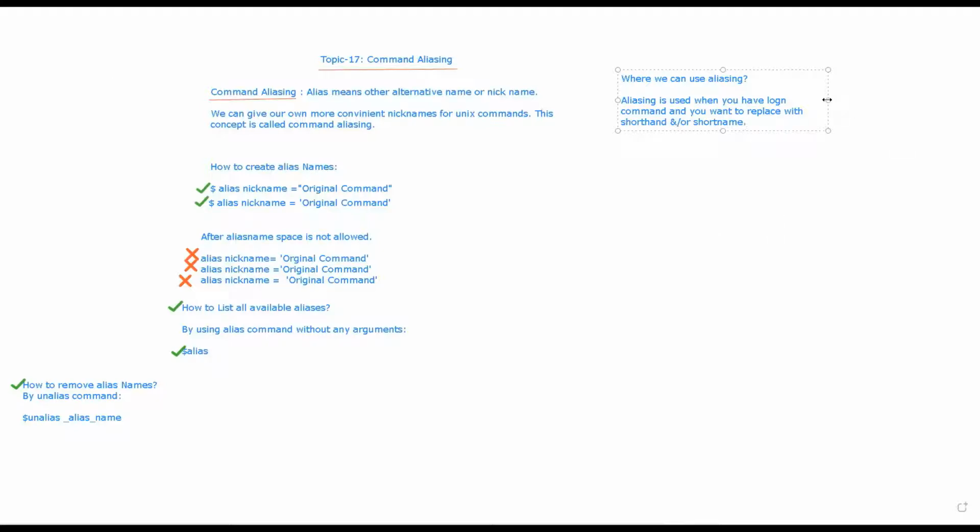So basically, what is aliasing? Where can we use aliasing?